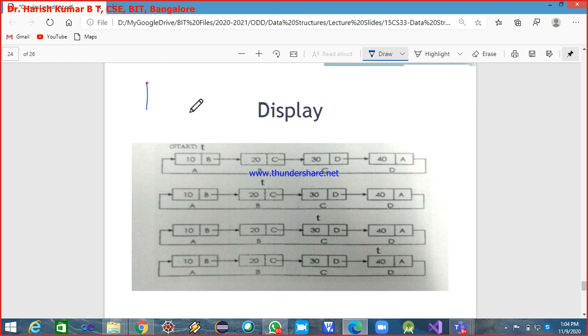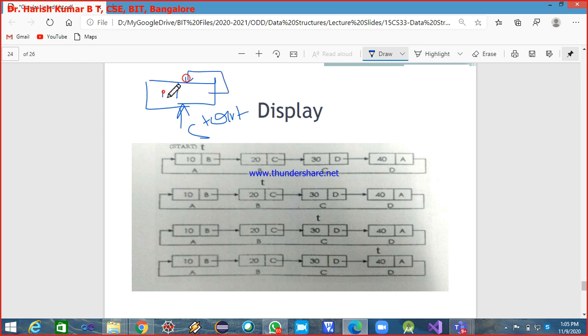If the list is with only one node, you again have to display the content of that single node, yes or no? Let me erase. Say start is pointing to this, and the next field is pointing to itself.